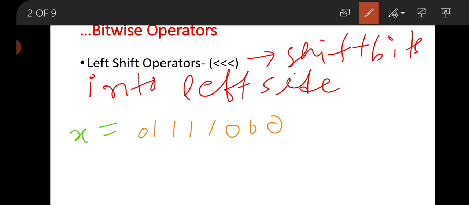Now if we are going to shift x left, this is the symbol of left shift, and here we write the number of places by which we are going to shift the bits. If we write 1 here, that means 1 bit is shifted to the left. If we write 2 here, then 2 bits are shifted to the left.